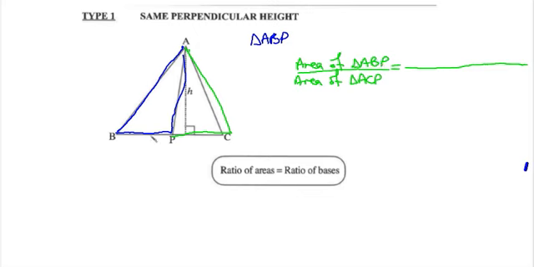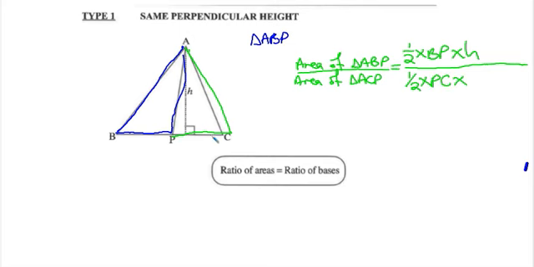Area of ABP is half times your base BP times your perpendicular height, and then area of triangle ACP is also 1 over 2 times the base PC